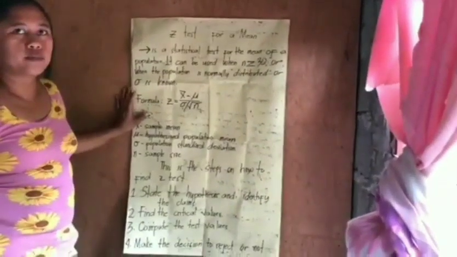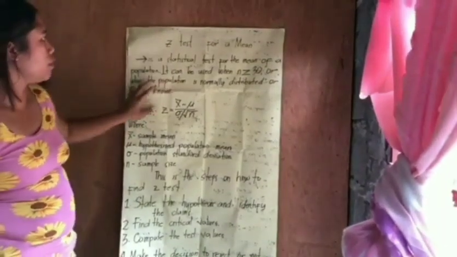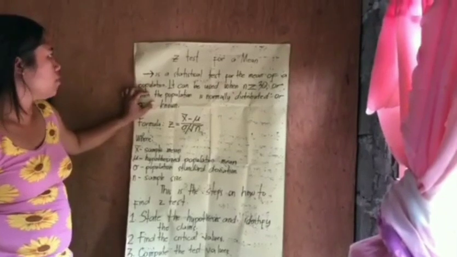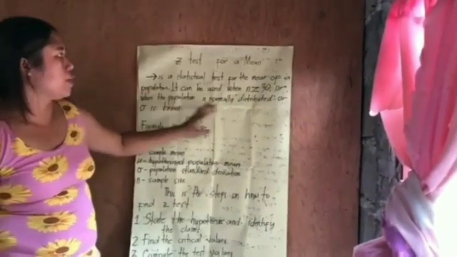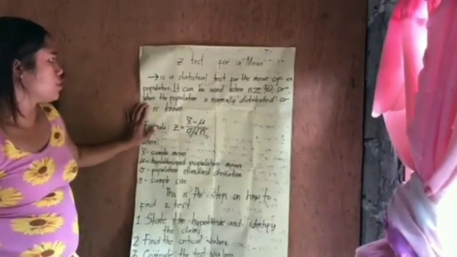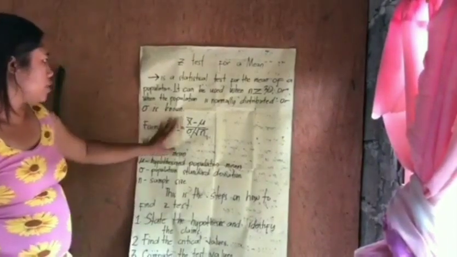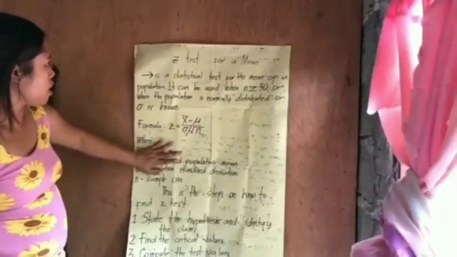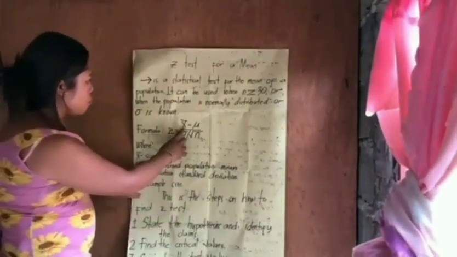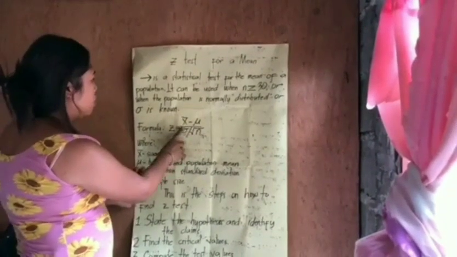Good day everyone, I'm Corazon Simini and I am going to discuss the z-test for the mean. So the z-test is a statistical test for the mean of a population. It can be used when n is greater than or equal to 30, or when the population is normally distributed, or the population standard deviation is known. So this is the formula of the z-test. z equals sample mean minus hypothesized population mean over